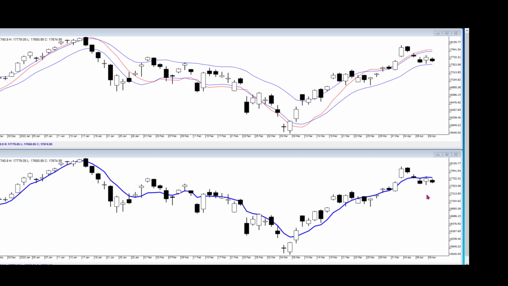Much more important, we had a very narrow range day today. See, a very narrow range, narrowest in many days. Now the last time we had a narrow range was here. Two narrow range days and then a big up move for 2 days. So we have this narrow range day. What is going to be the outcome?